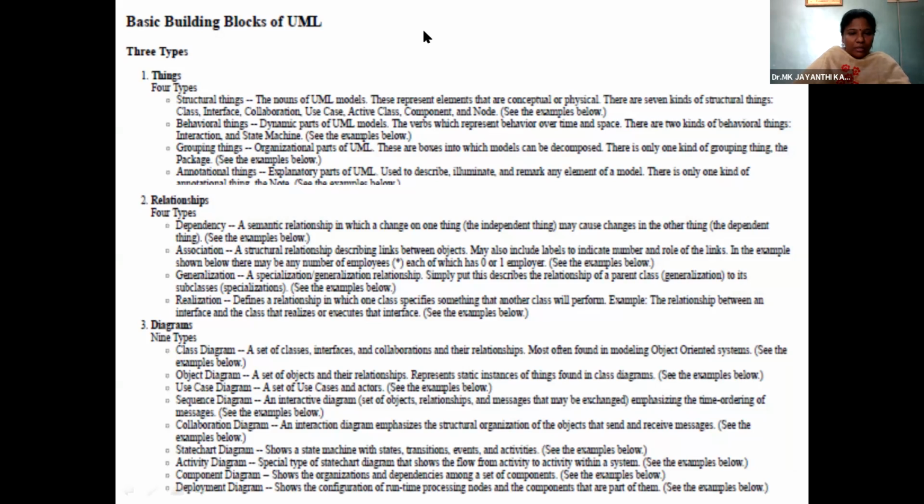This is the overall concept. The basic building blocks of UML are 4 types of things, 4 relationships, and 9 diagrams. The 4 things are structural, behavioral, grouping, and annotational. Relationships: dependency, association, generalization, realization. Diagrams: class, object, and so on.